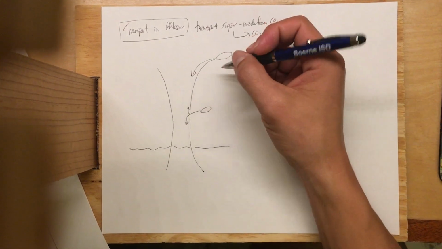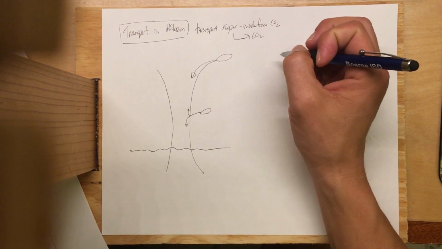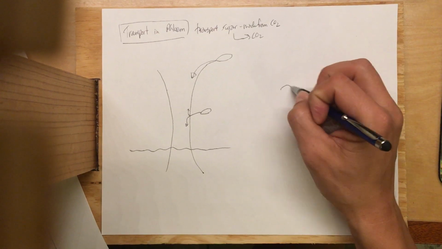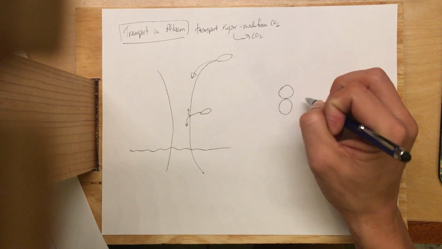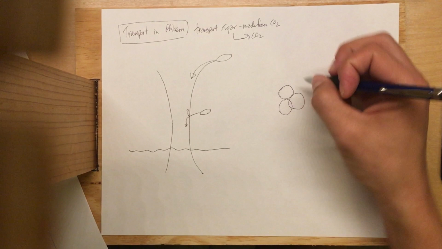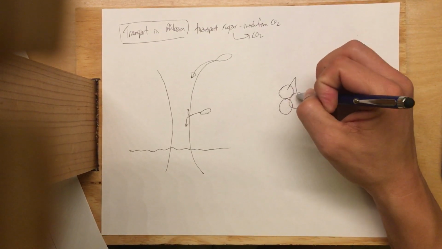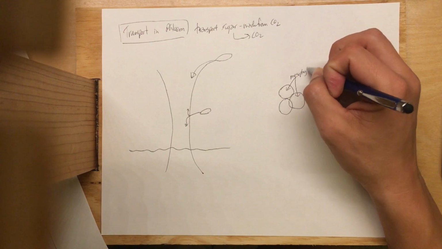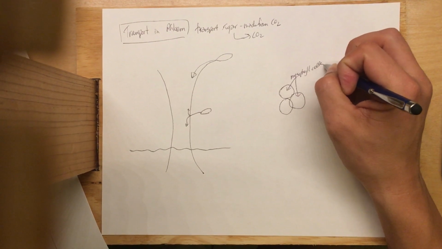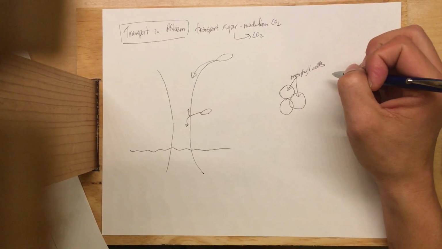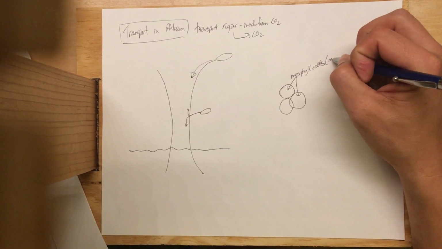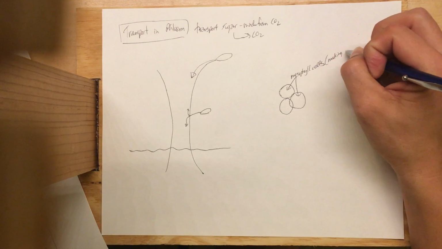And so with phloem, we've got a number of cells, like a string of cells here. So we're going to have a mesophyll cell and another mesophyll cell and another mesophyll cell. So let's say these are just all mesophyll cells. Mesophyll cells are just your regular old standard cell within a leaf. And so if they are inside of a leaf and they're just doing their job, that means that they are making